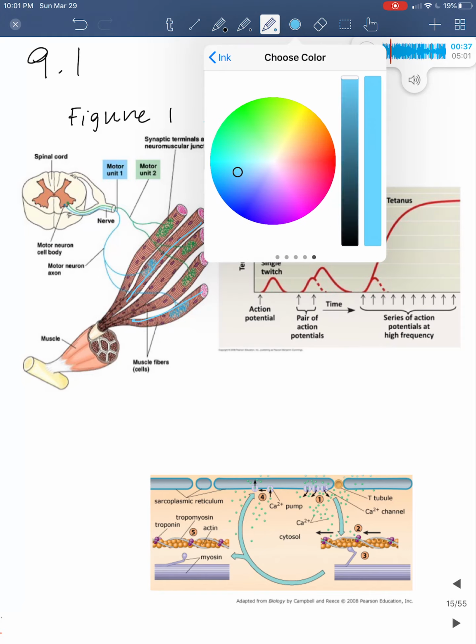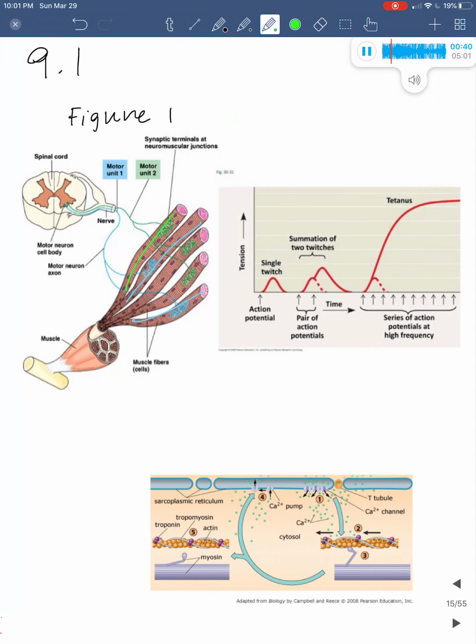muscle fibers. So a motor unit sends a signal from the neuron, which is in the spinal cord, and then it travels through the axon to the specific muscle in the body that you're trying to use, and then it goes to the specific muscle fibers for that motor unit. So, depending on what activity you're doing and how much force you need, the body determines which and how many